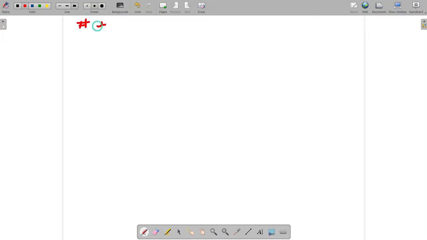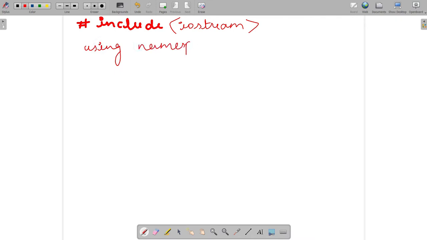Let's say #include iostream, using namespace std. And then main, and let's say I declare one matrix A, and let's suppose there is system pause and return 0, everything is here.